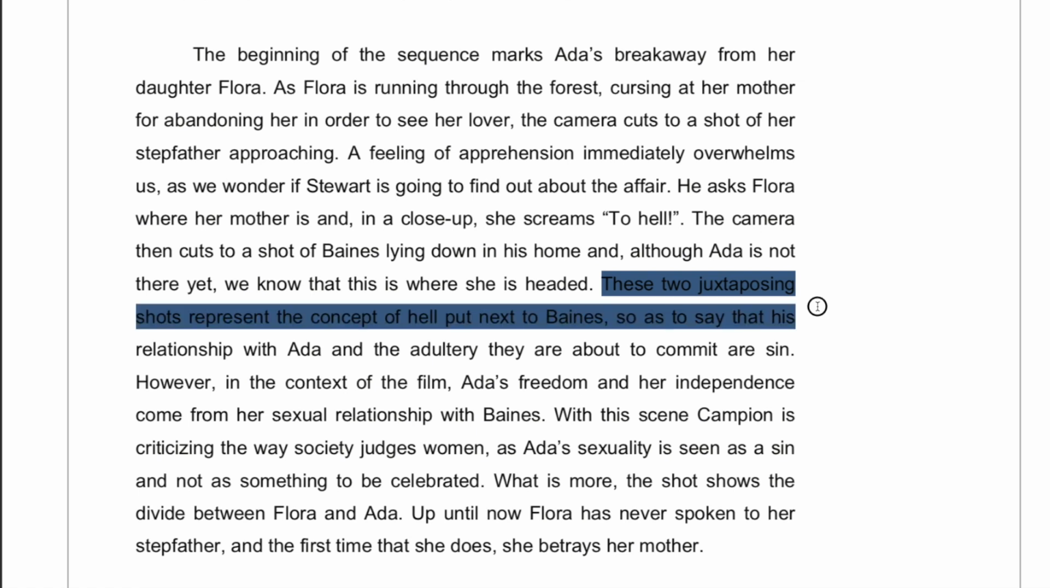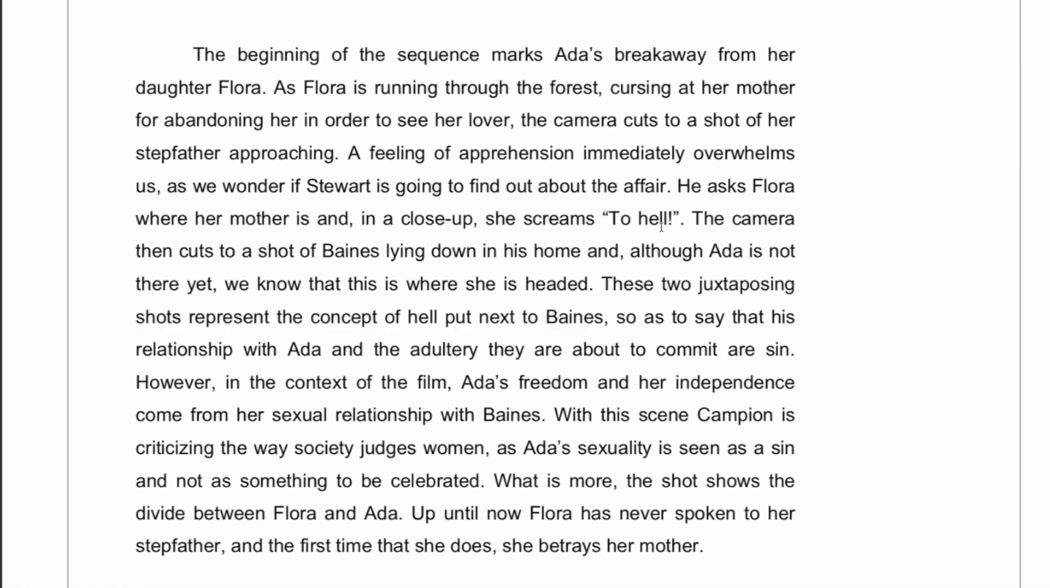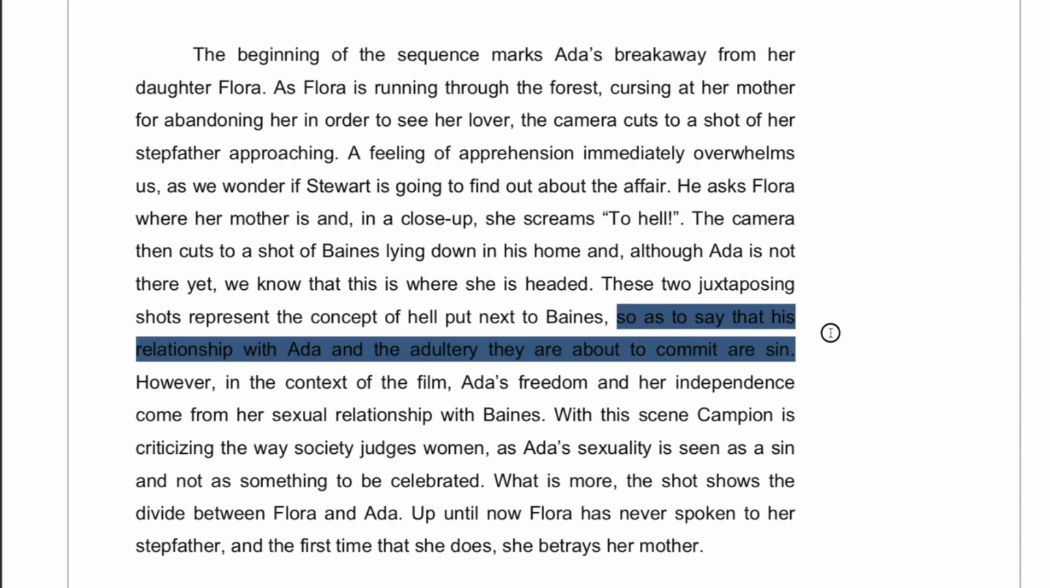These two juxtaposing shots represent the concept of hell put next to Baines. Okay, again, Baines is the guy that she's messing around with. Flora is the daughter, and the daughter says, "Mom's going to hell." Okay, because she's cheating on her dad, on her husband here. So as to say, the relationship with Ida and the adultery they are about to commit are sin,